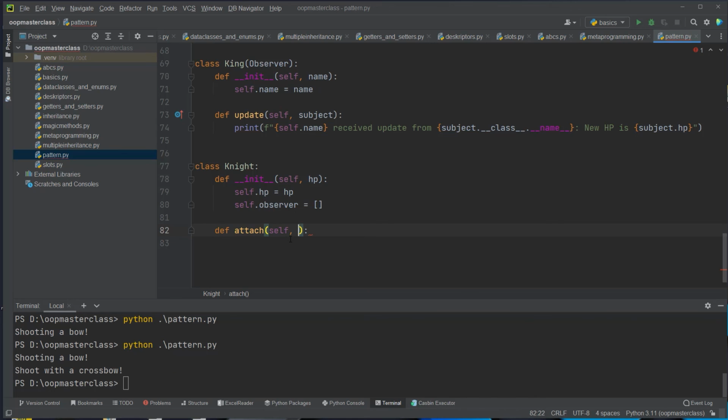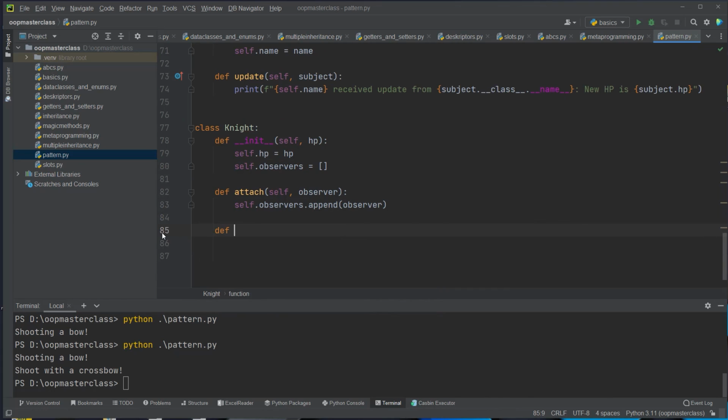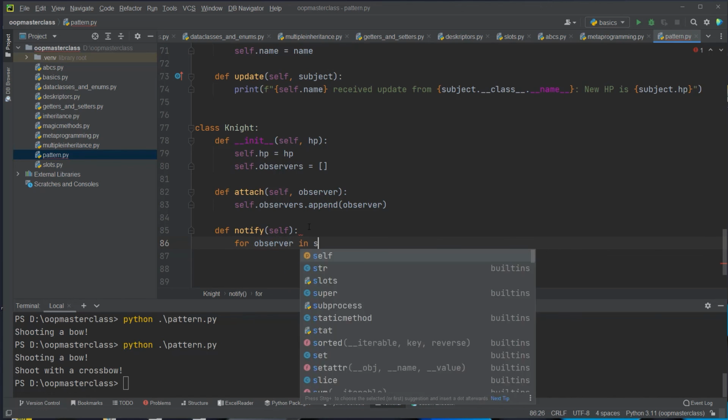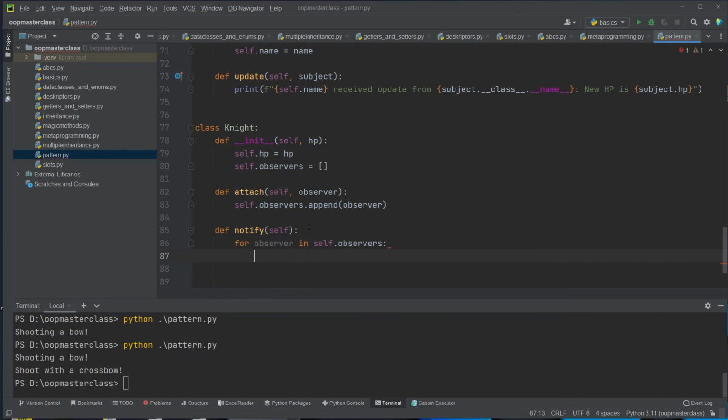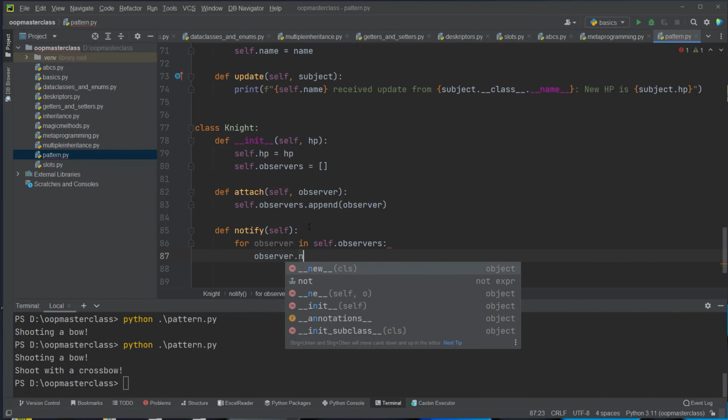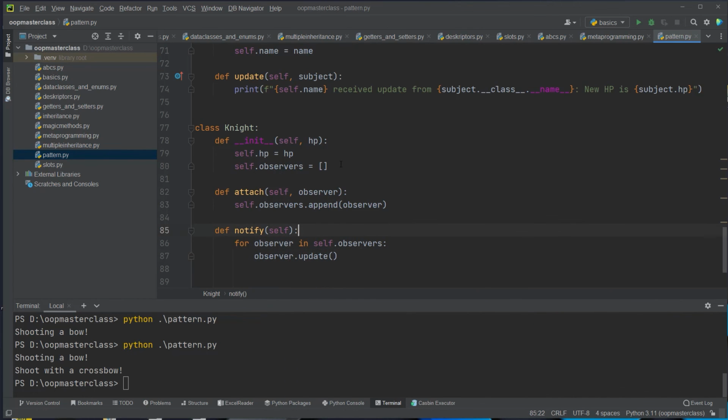So here we pass in a single observer, and we append that observer to the observers list. So let's do it like this. Now we need another method called notify, and this notify method is responsible for updating each of the observers we got in our list. So we loop over the observers. So for observer in self.observers, and here we call the update method of each of the observers